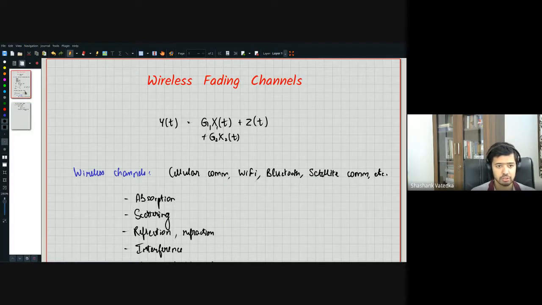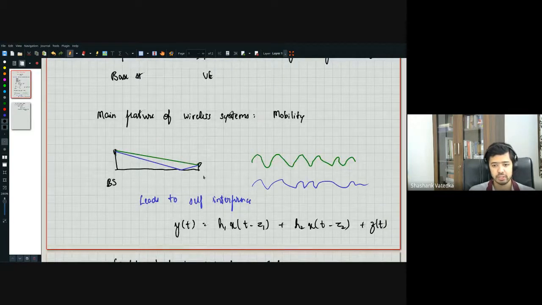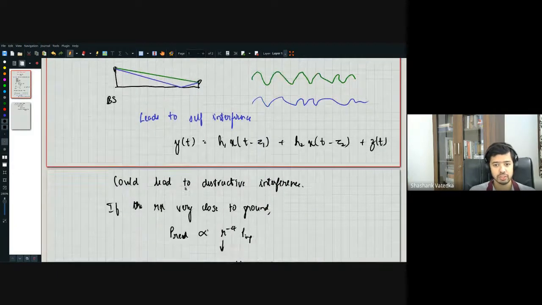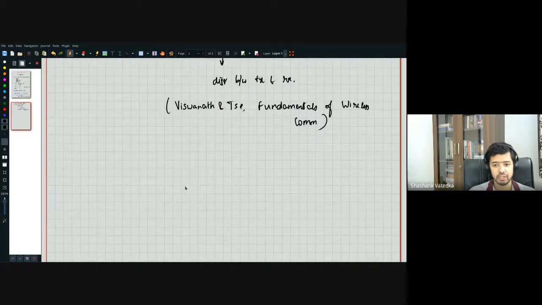Of course this is the simplest model. You have one transmitter and one receiver, and there is a reflection off the ground, and this itself leads to a significant amount of attenuation. And this is in the case where the transmitter and the receiver are stationary. As soon as there is mobility,